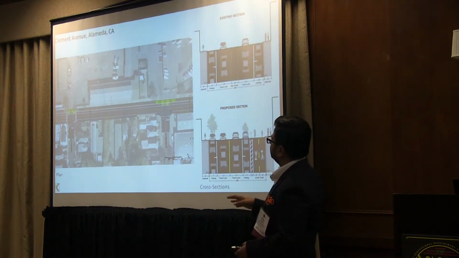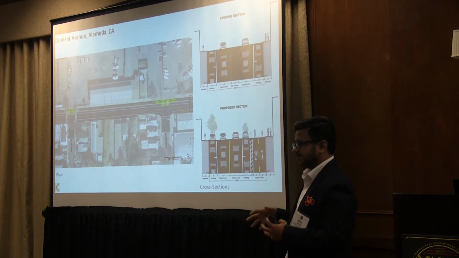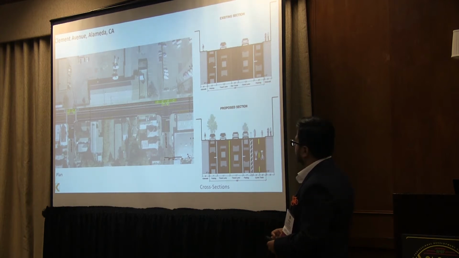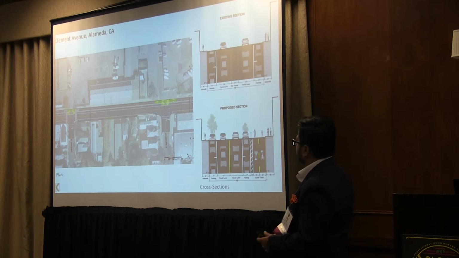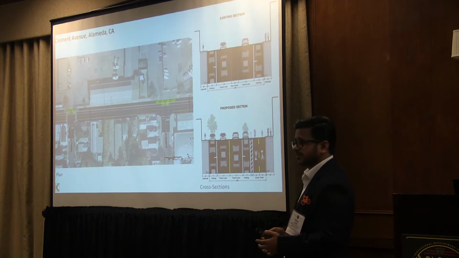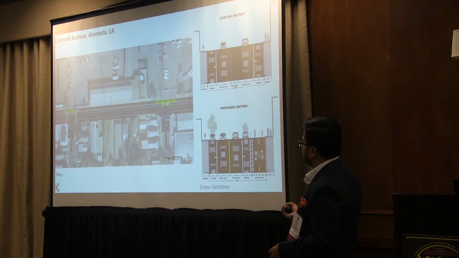This is a project in Alameda, California, where we were doing a packet for a grant application. We were doing conceptual design for a two-way cycle track in this industrial corridor, and we were looking at ways to communicate some of the design ideas, so we decided to make it much more graphical than in the past. We had these plan sheets, which were CAD drawings, all technically accurate, but we decided to show all the striping and the hatching so that people know what it is,